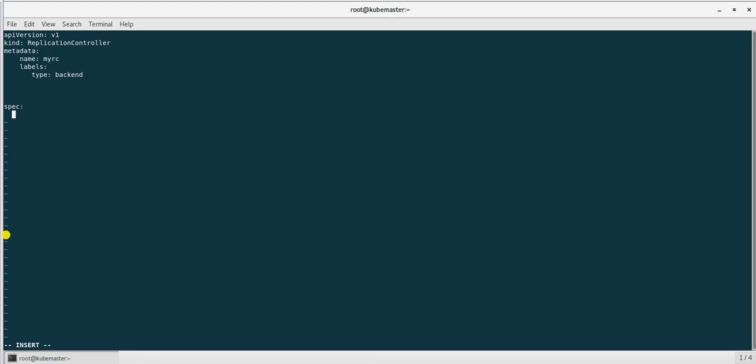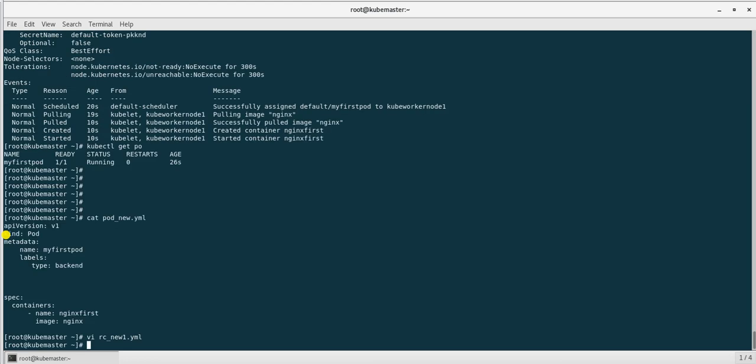Under the replication controller spec we have different properties. First we have a template, then we have replicas. So these two will be used in the replication controller. For the template, we will use the template of the pod.